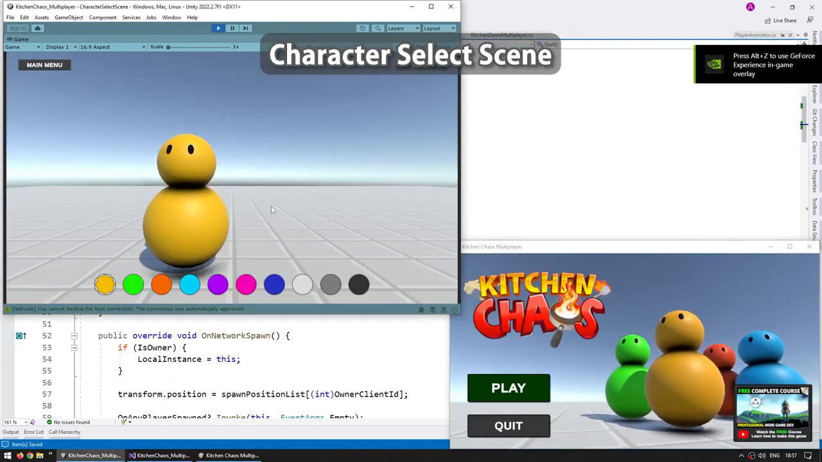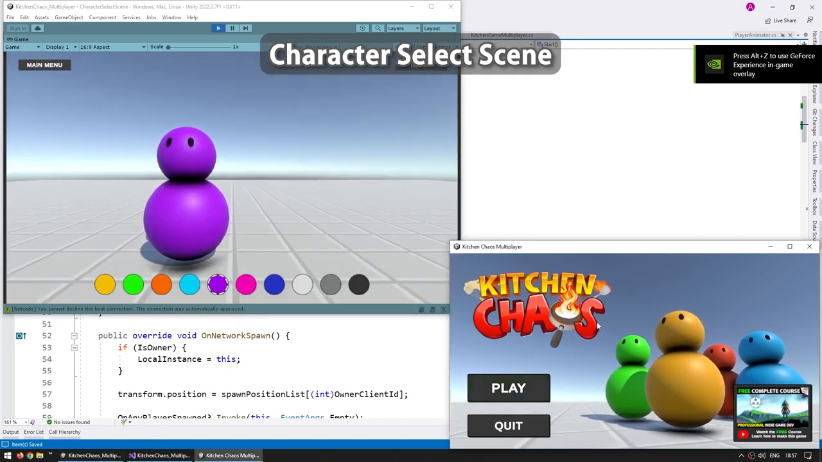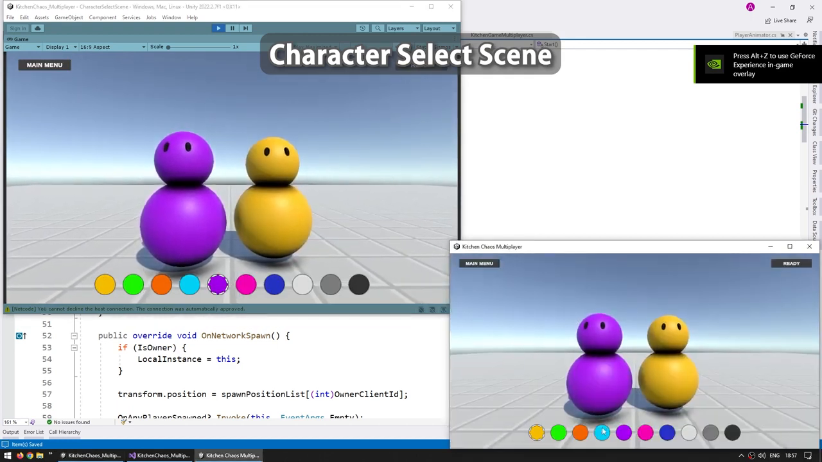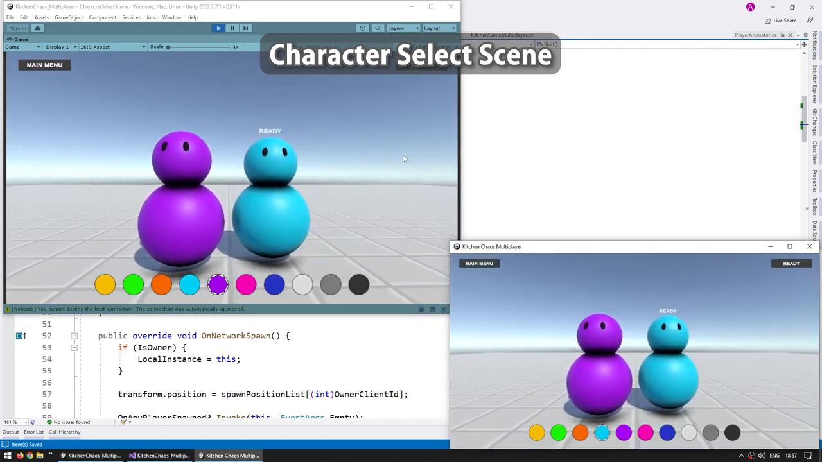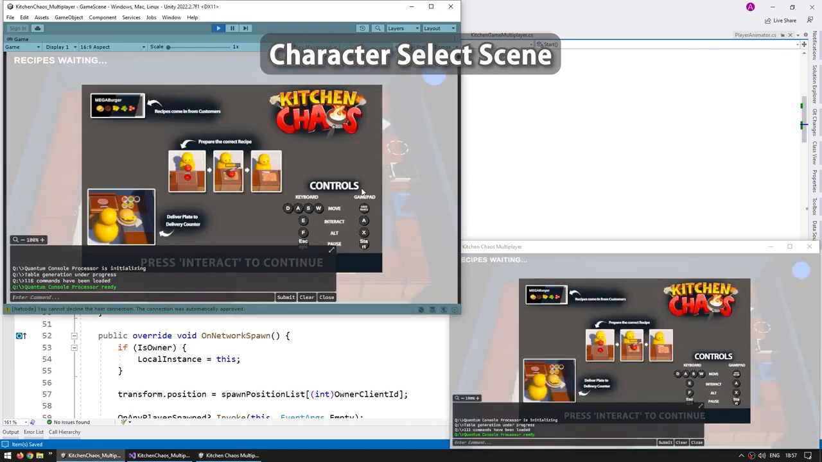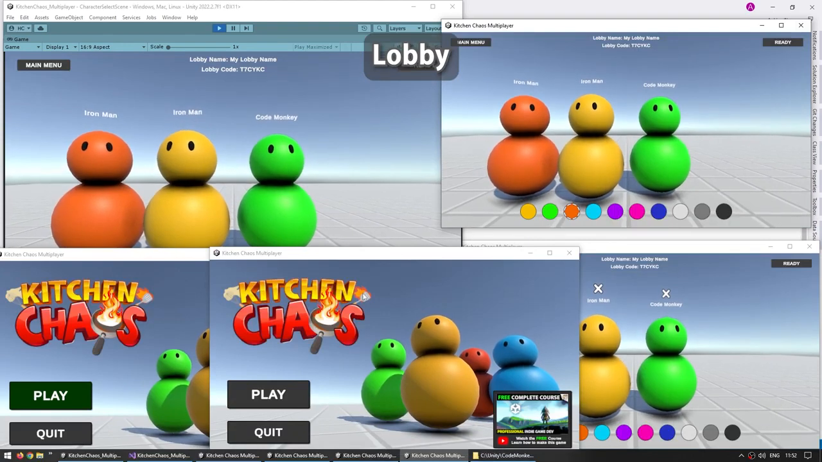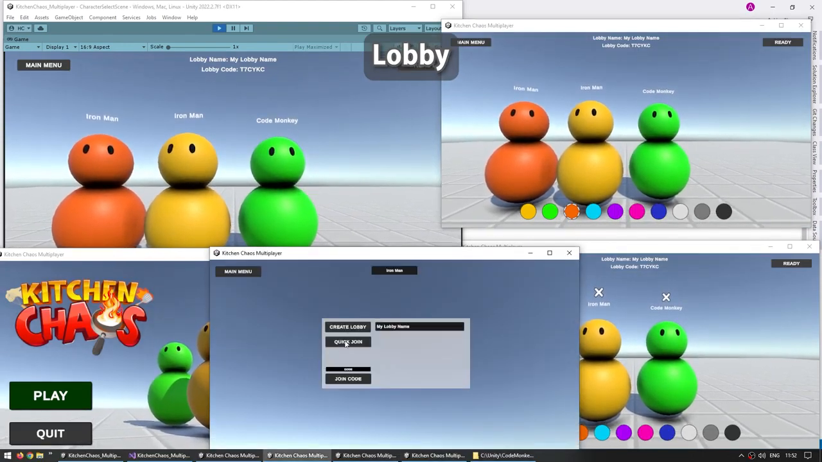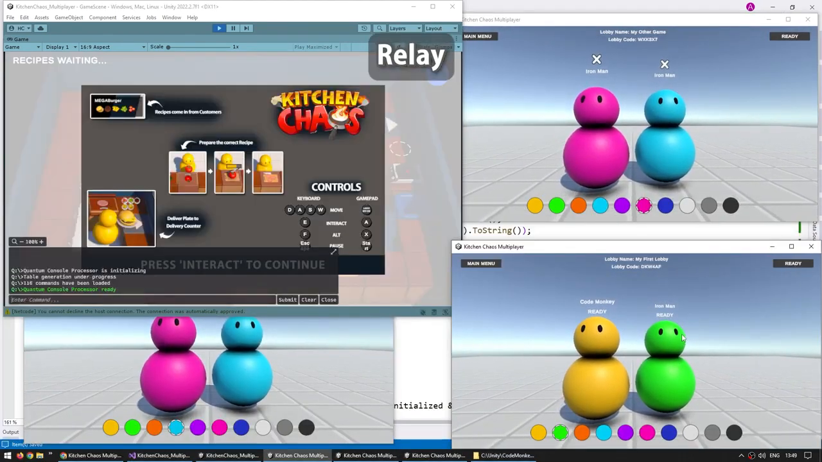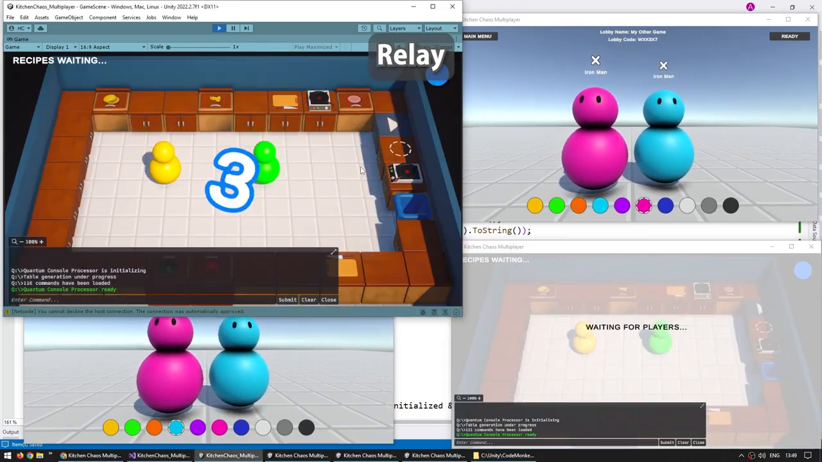After that, with the connection flow working, we're going to build out a nice character select scene. This is one of the main things that I saw people ask about in my netcode video, so we're going to make a nice scene where the players can join and customize their character. Next, we're going to build the game lobby, so the player can create a lobby or join one. Then we're going to implement relay in order to allow our players to connect to one another easily without having